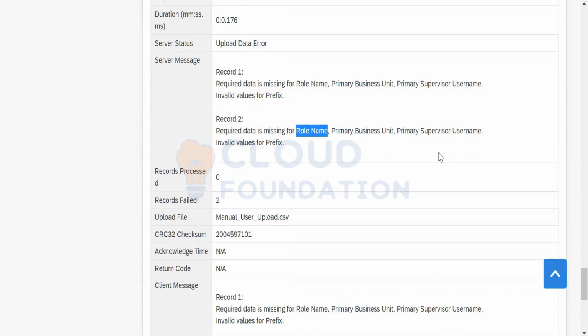Primary business unit is the business unit to which they belong. They might have different verticals and horizontals within the company. We need to have the business unit and the primary supervisor username, the person to whom this user reports. These are the things that we need.